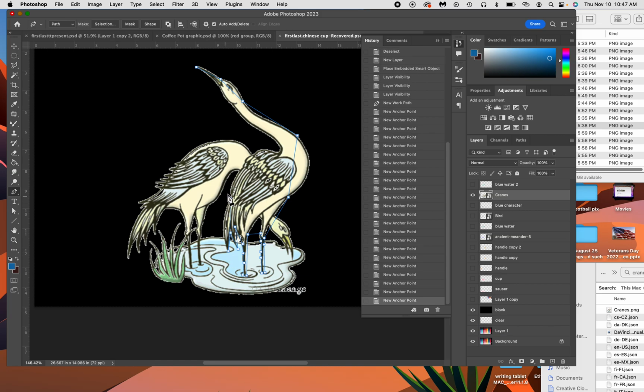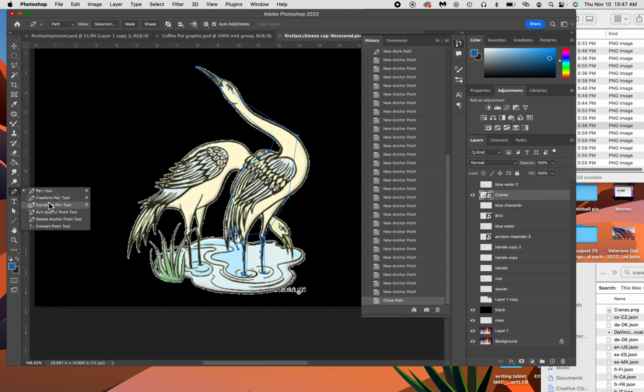I see where the curve ends here. I'll just make that one big curve there. This is a curve that ends here. Here's a curve that ends here, and a curve that ends here, and then I close it out. That does not look like a crane at all, so what I'm going to do is I'm going to go